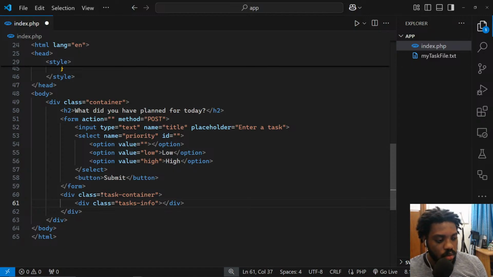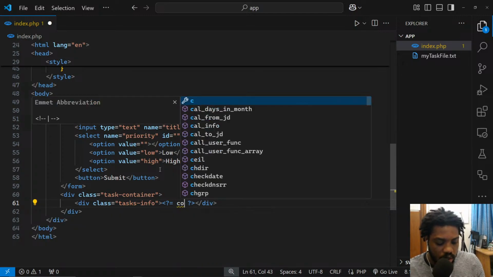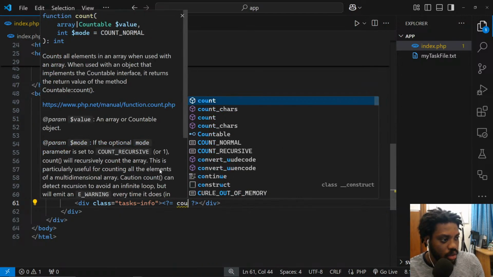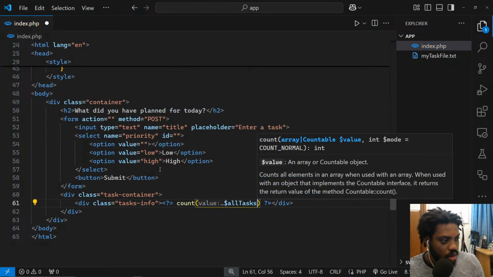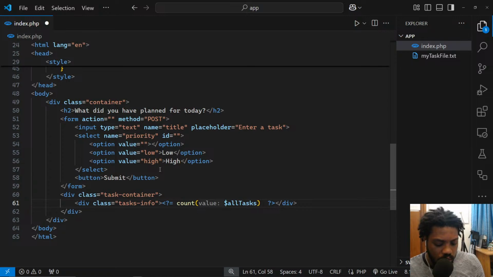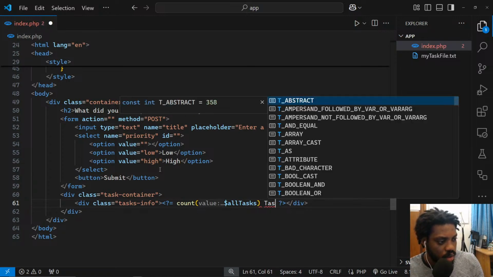So here is what we'll do. I'll just do it like this. This is the same as writing echo. Because I don't want to write echo, I'll just write it like this. So we'll just count all tasks like this, and we'll say this will be